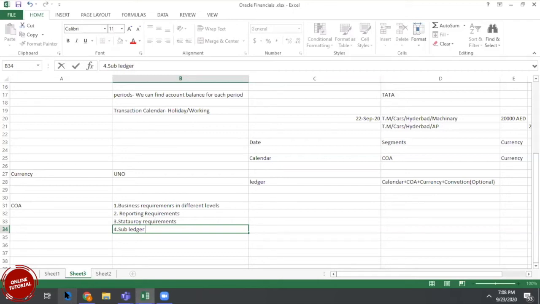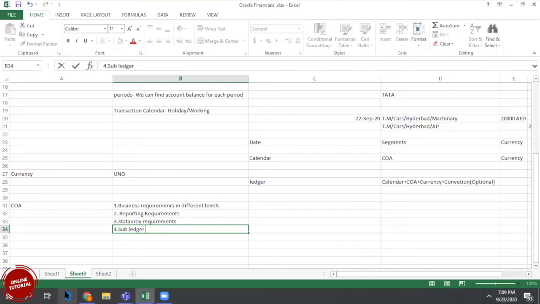So we can customize those reports in the project accounting module. If you don't want to customize any report in the project accounting module, and you want to maintain standard functionality, you can keep project as a segment accordingly. Each and every accounting balance is automatically derived for each project. So if you assign the cost center segment to the project, you can track the P&L account for each and every project, and we can find the profit for each project.